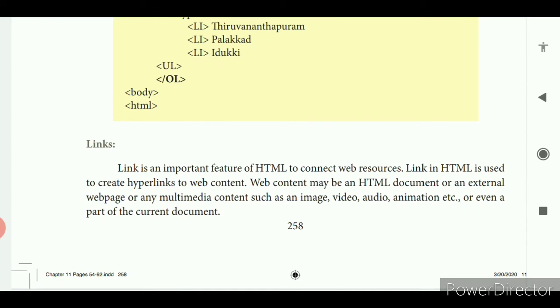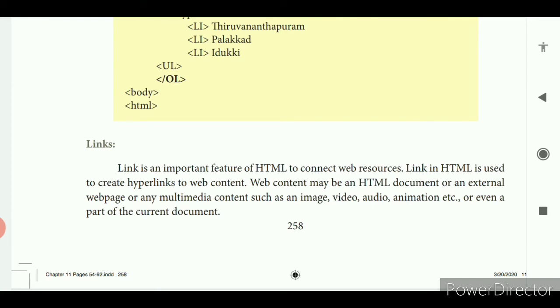Then the final topic will be links. What do you mean by link? Link means there is a connection from one to another. So in HTML, what is the link? Otherwise, in a web page, what is the link? Link means there is a communication or connection from one web page to another web page. Otherwise, within the same web page we also have some links.